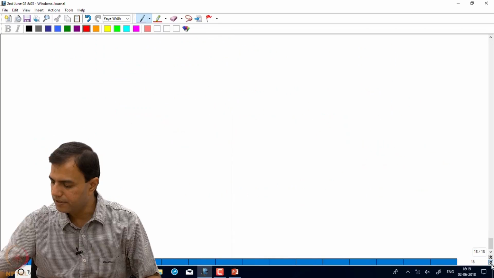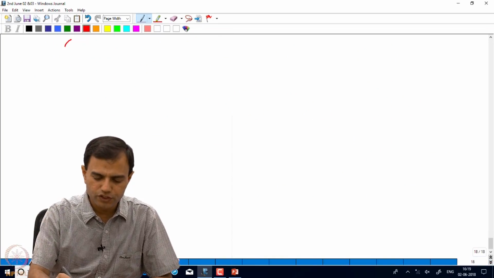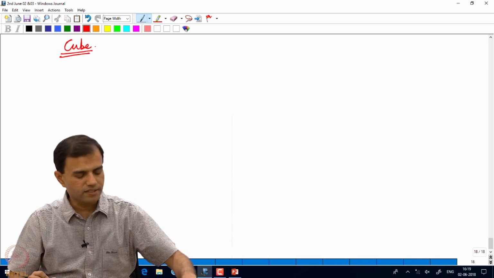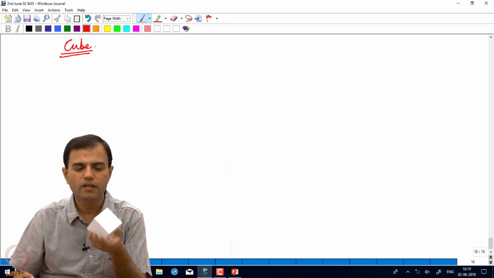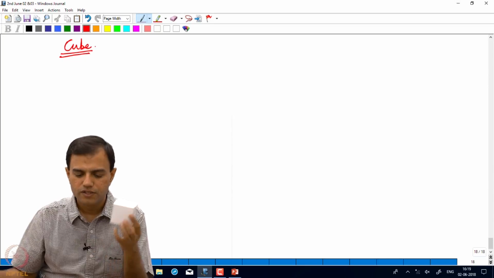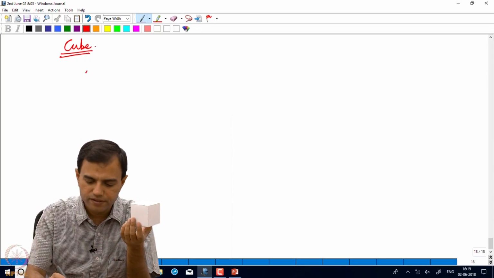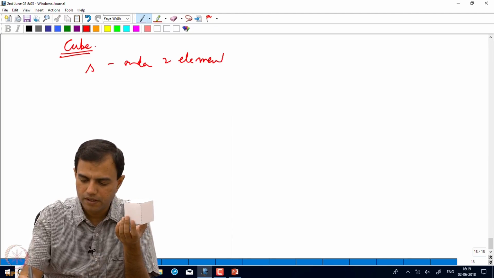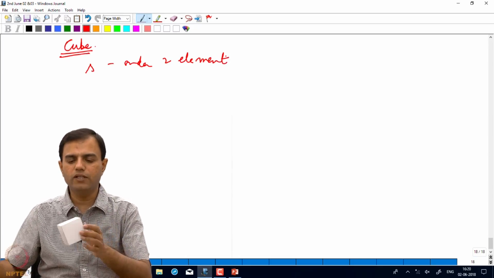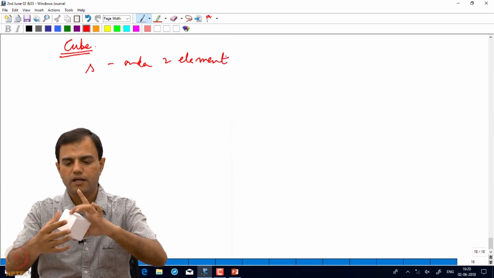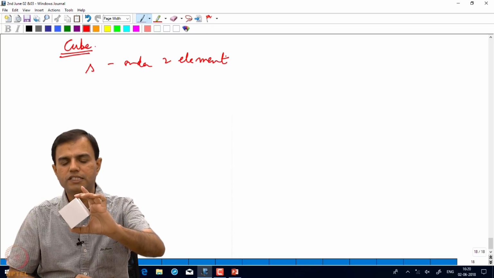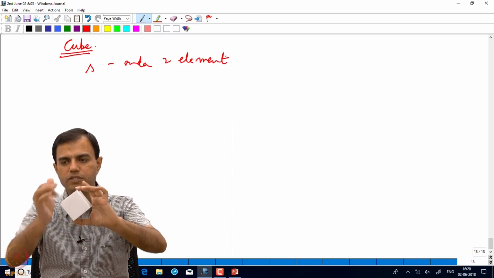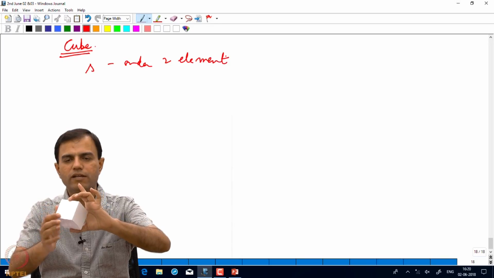Now let us look at the cube or octahedron, same thing. Let's take this cube. So what would be the symmetries here? So first of all, an order 2 element is again obtained as midpoints of edges. I take the midpoint of an edge and the opposite edge's midpoint, and I get an order 2 element,